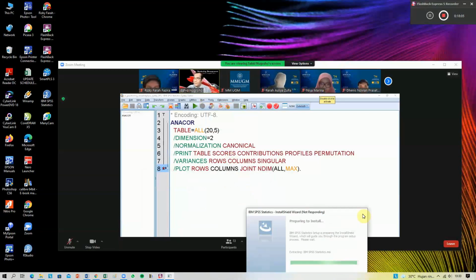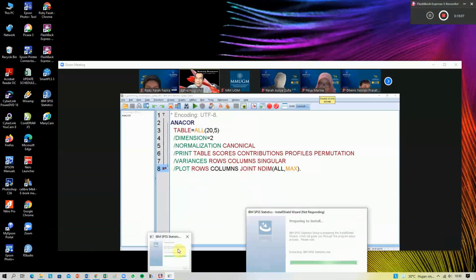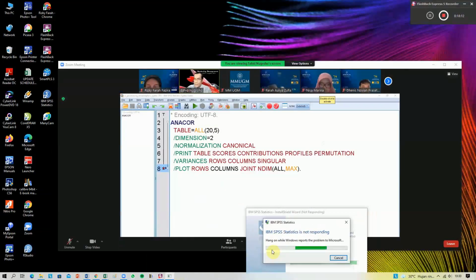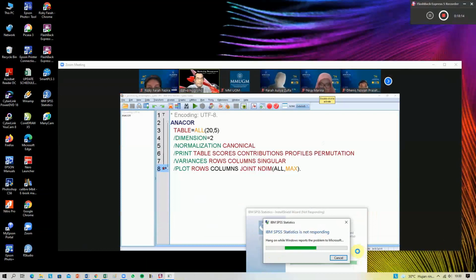So this is the result for the ANACOR. So scroll down and then you find the column score first. Okay, the column score first.